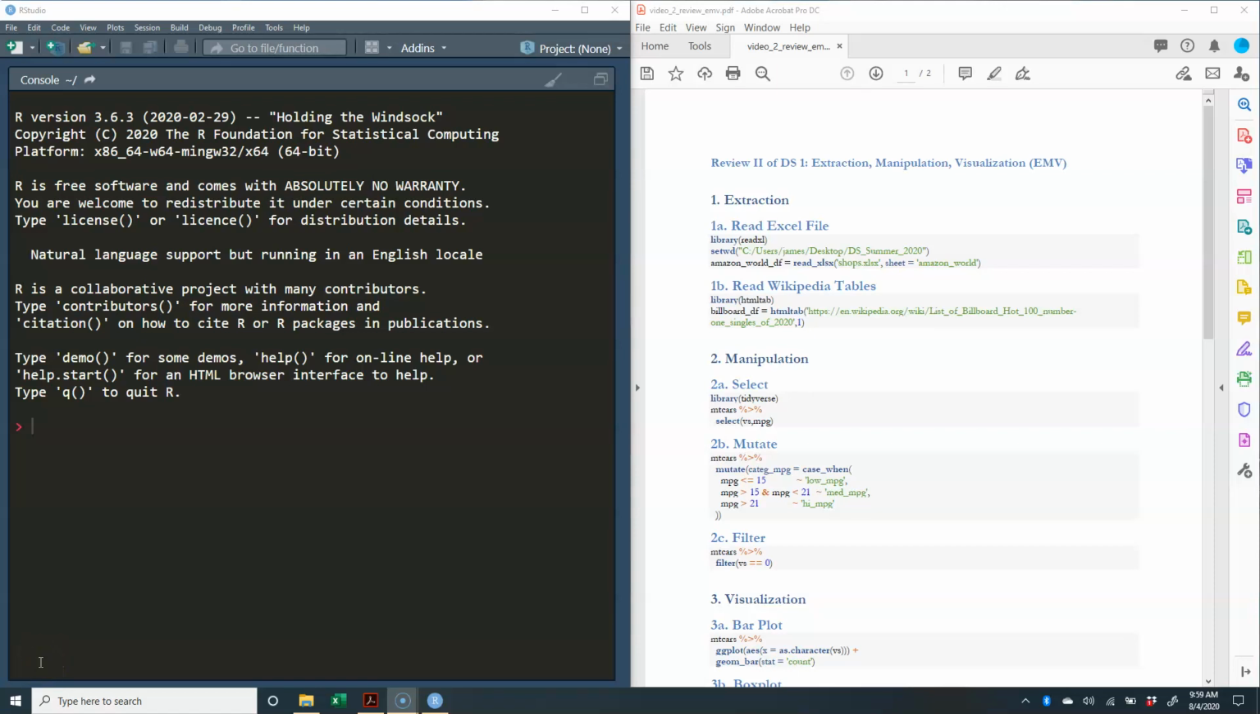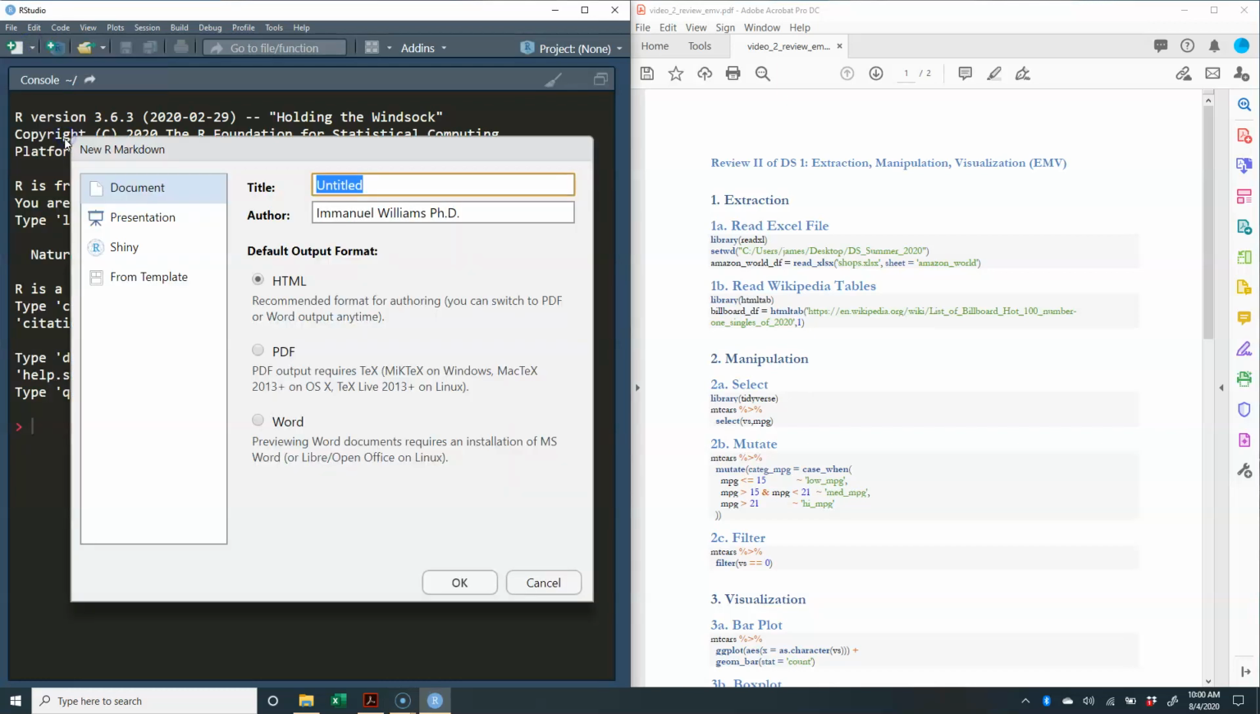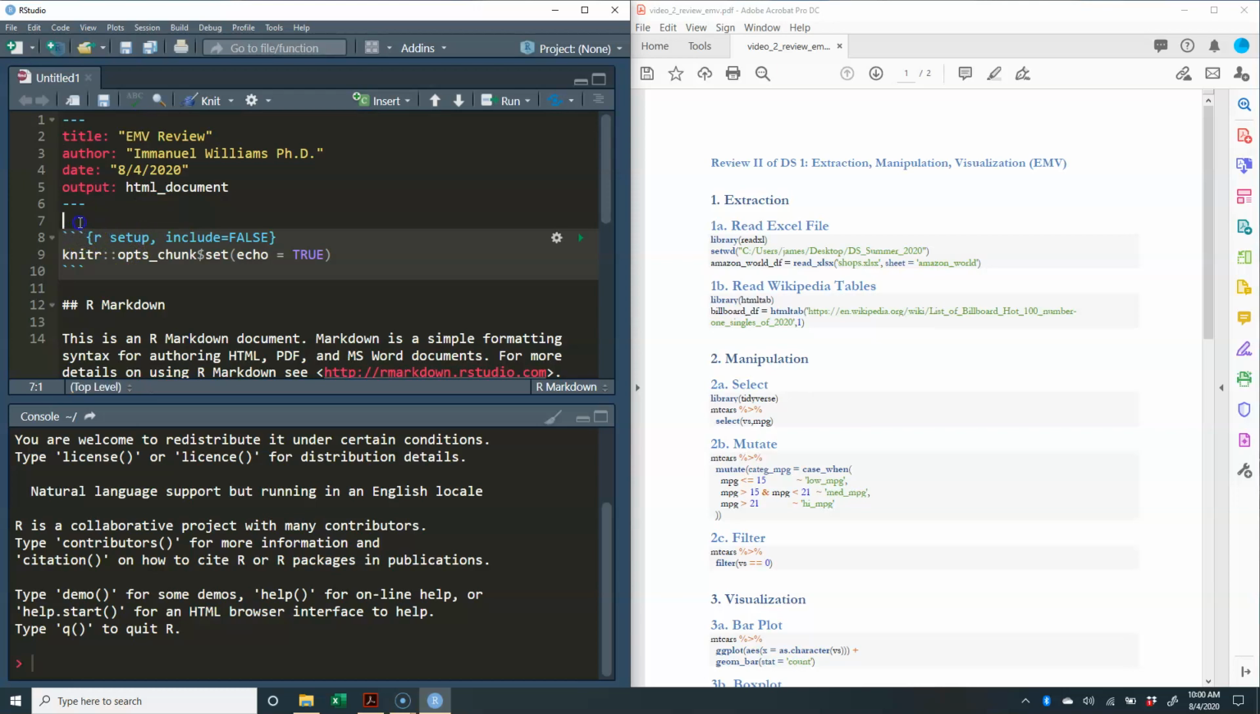Hello, so today we're going to talk about extraction, manipulation, and visualizations, aka EMV. We're going to do most of our work in this class using the traditional R markdown file. So we can just say EMV review for our title in this R markdown file, and go ahead and erase